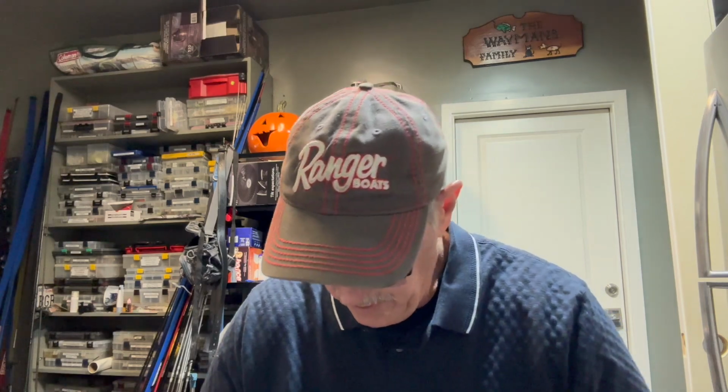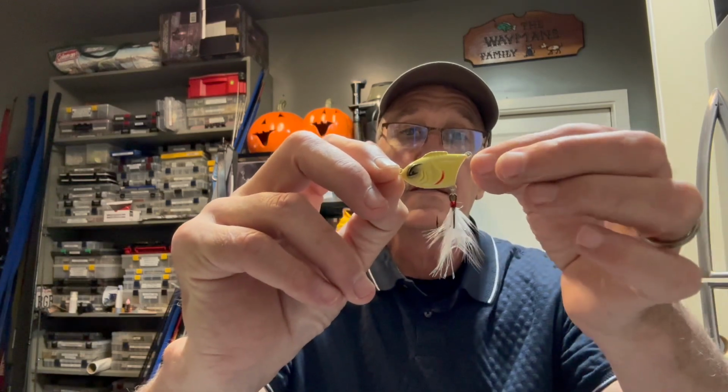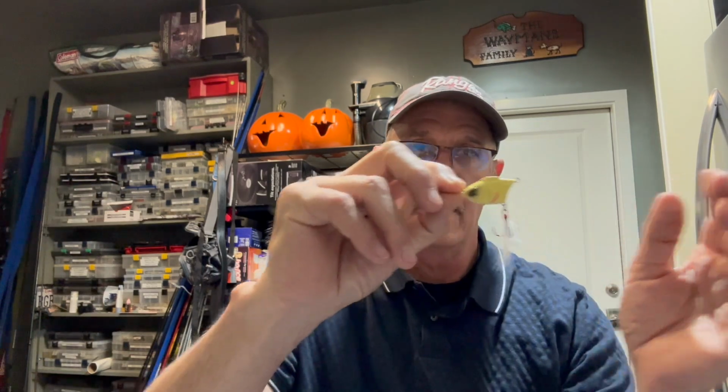All right, one last thing, and some of you, all my old-timer friends like myself, are going to know what this is. But this is a new front runner. Okay, they don't call it a front runner anymore. I think the original was called a front runner. This one is called a Zigzag. And this is very simply, you tie it onto here, okay? You tie a piece of line from here back to about here onto a topwater walking lure. And essentially what it does is it looks like the rear one is chasing the front one, and it sparks